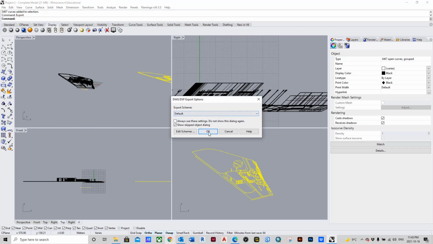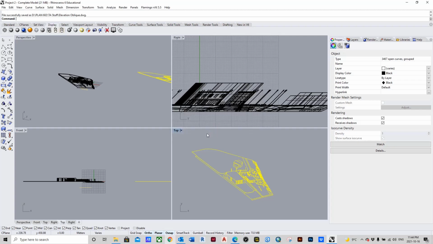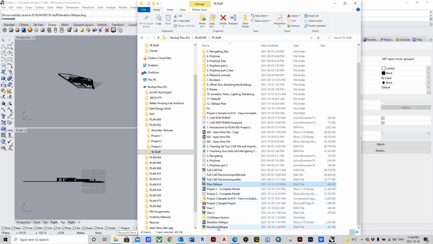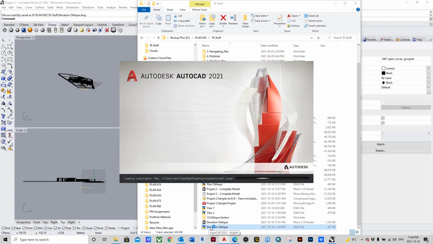These settings are fine. Hit OK. Now, when we go into my very messy file structure, we can see that it's saved. Great. We'll double click, and we'll have a look at what we're going to be able to work with in